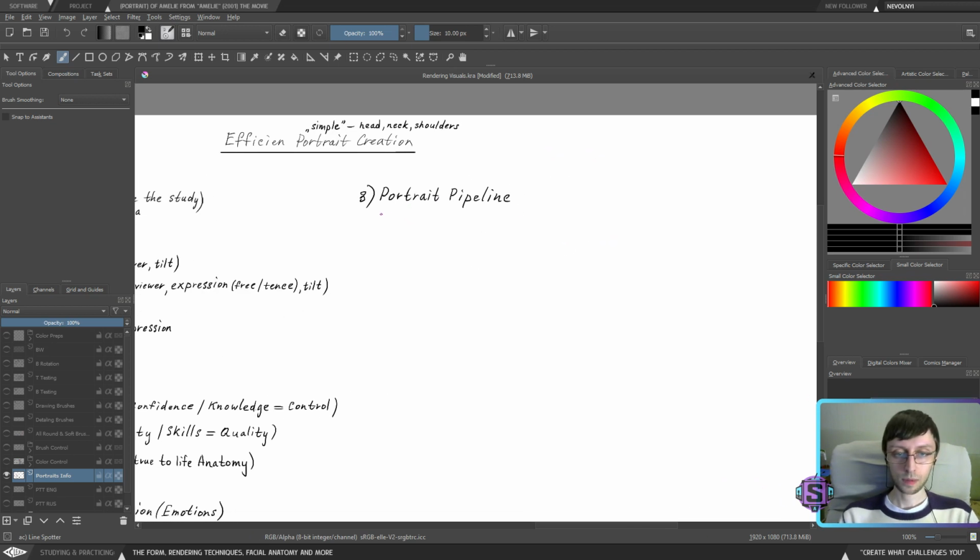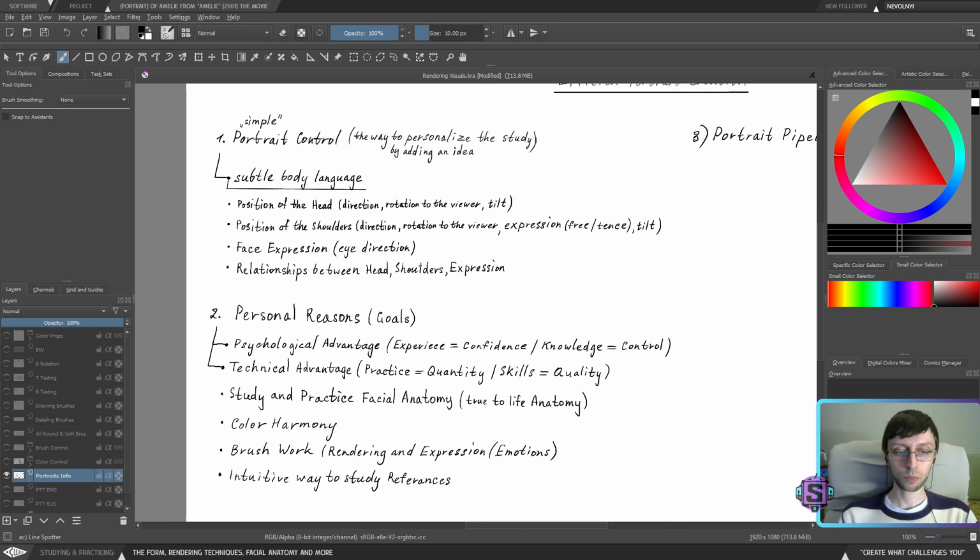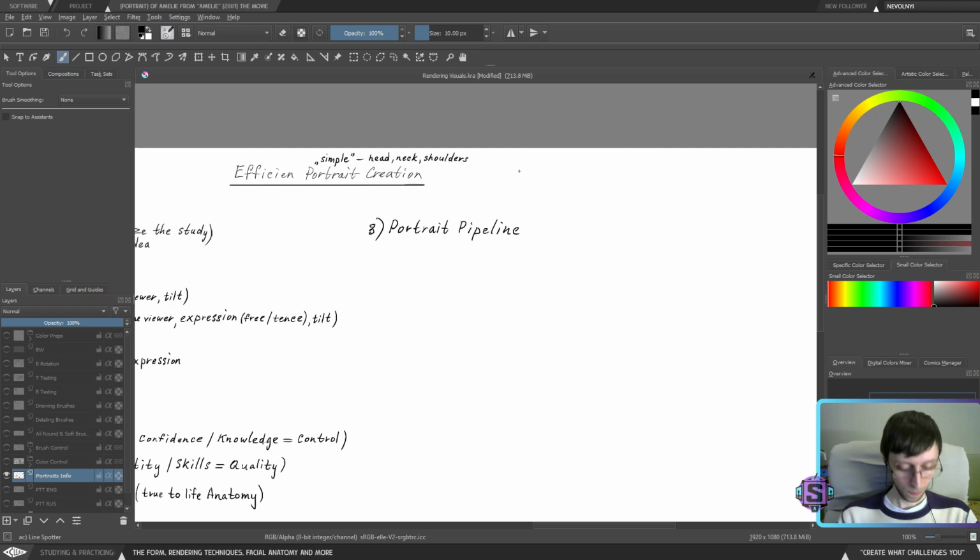I hate rushing things, because then you start to make weird and stupid decisions. I'm all about efficiency. In order to create efficient portraits, I want to take some time to go over these so-called practical theoretical things. They're not necessarily theoretical, they will actually help us in practice.